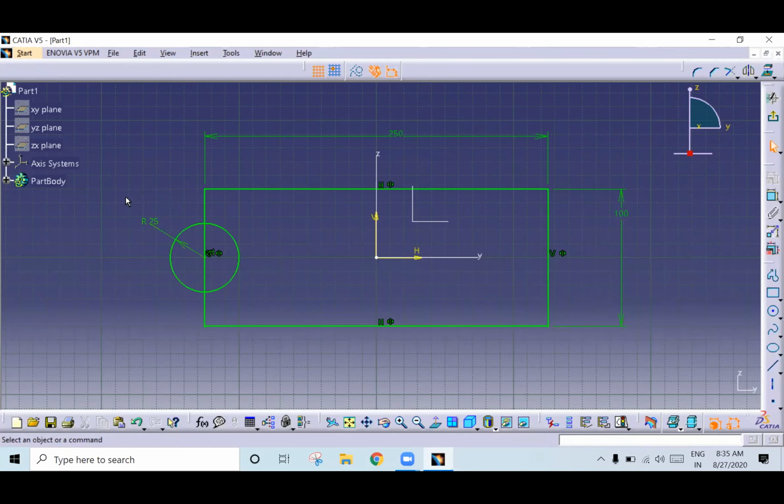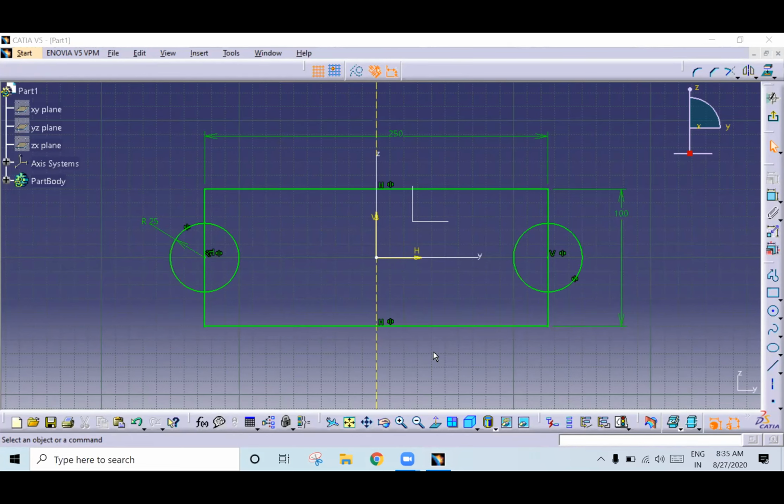Now if you want to create the same circle here, you can use mirror. So go to mirror, select this, select the center axis. See here. All of you got it? Yes, sir. Any doubts?